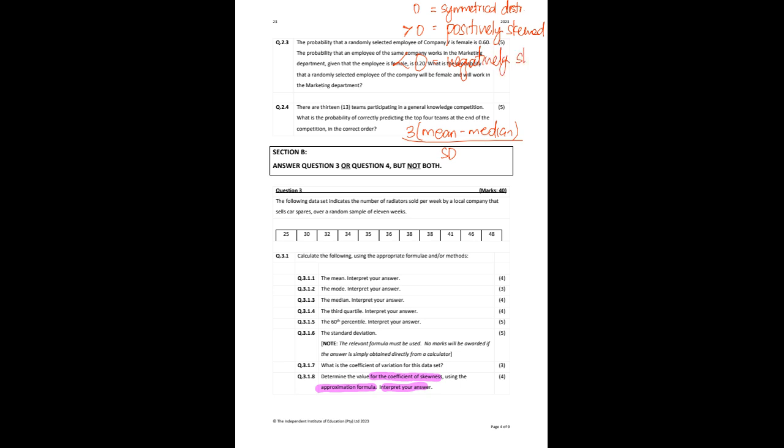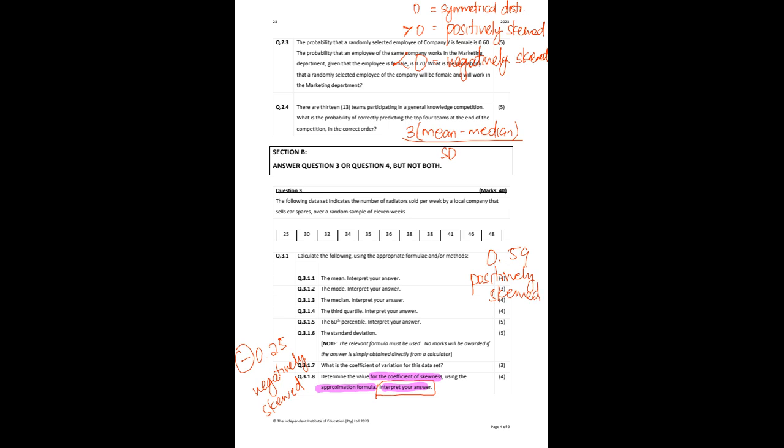Okay, so that's what they mean by interpret your answer. If you get, for example, minus 0.25, as long as it's negative and below 0, you will state that the data set is negatively skewed. Or if you get an answer like 0.59, it's positive, so you will say that the data set is positively skewed. Okay, so that is question